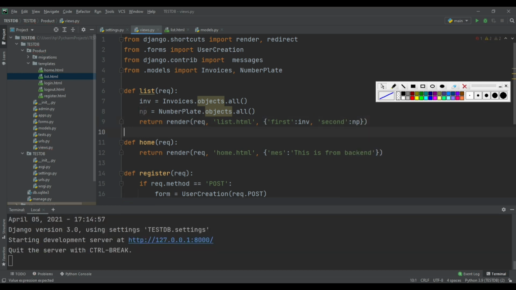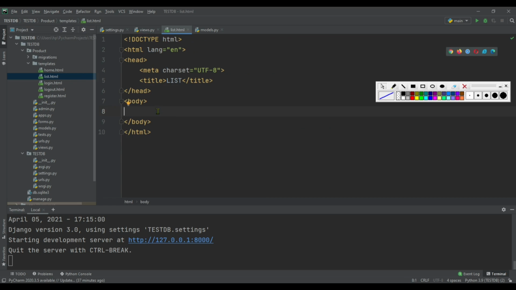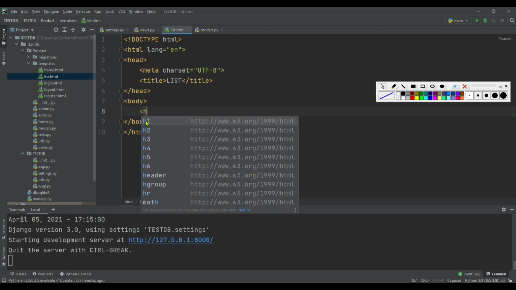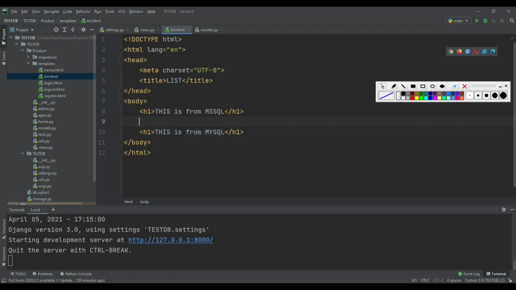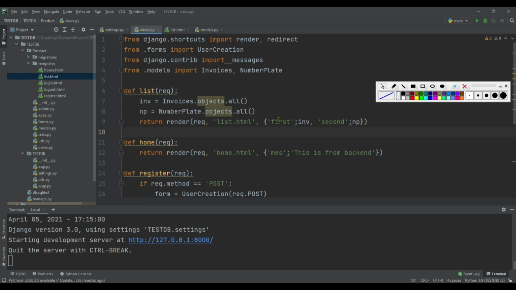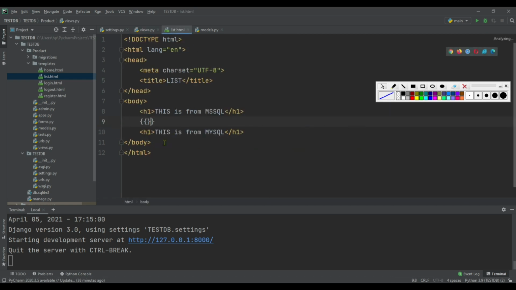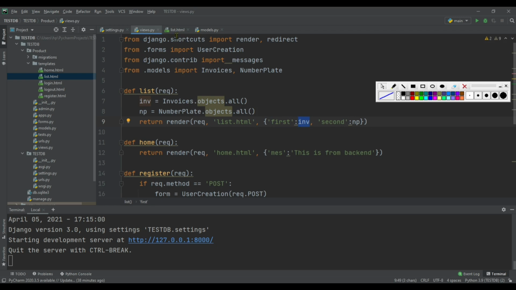So save the file, come to list.html. Inside the curly braces call first, that is the key which we have given for this variable.